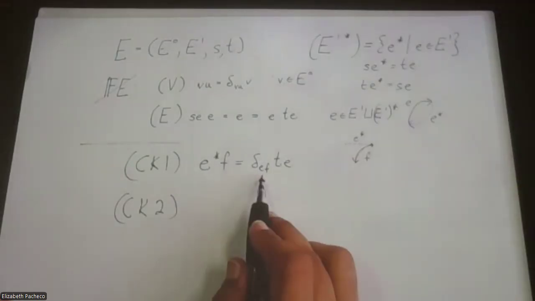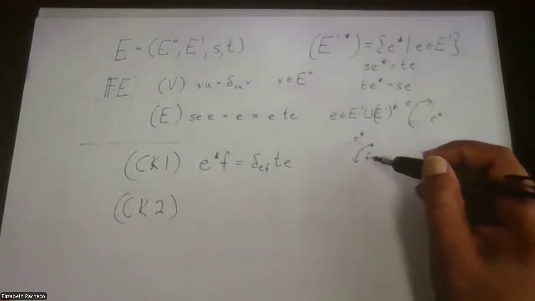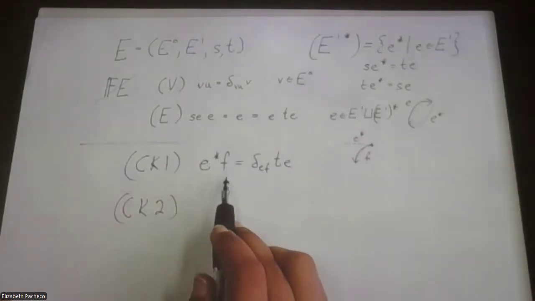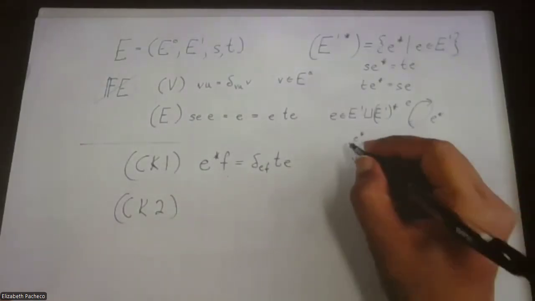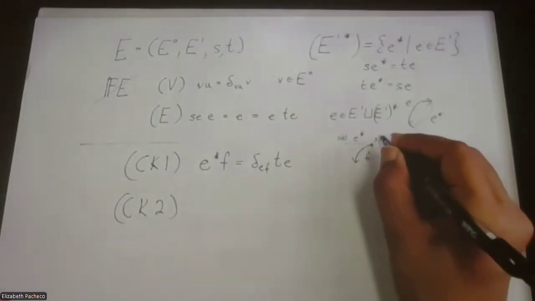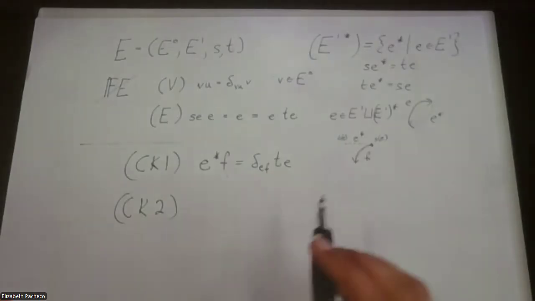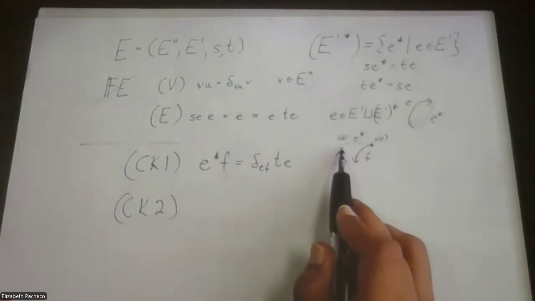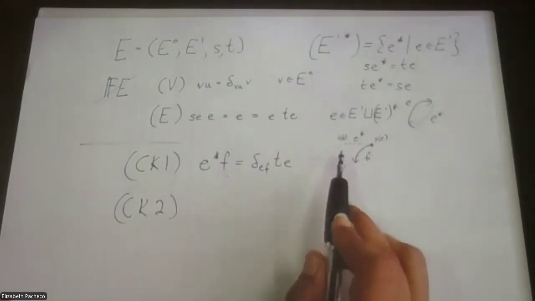This delta would evaluate to be 0 and it disappears. If F is equal to E, so you do E star E, then you just remember that E star starts at the target of E and ends at the source of E. You would just have gone forwards and backwards, and you would end up right back where you started,